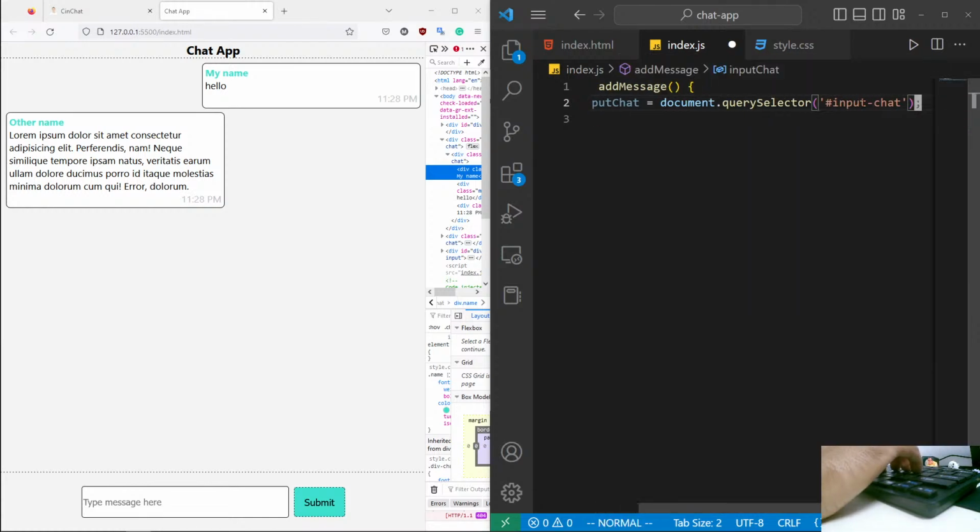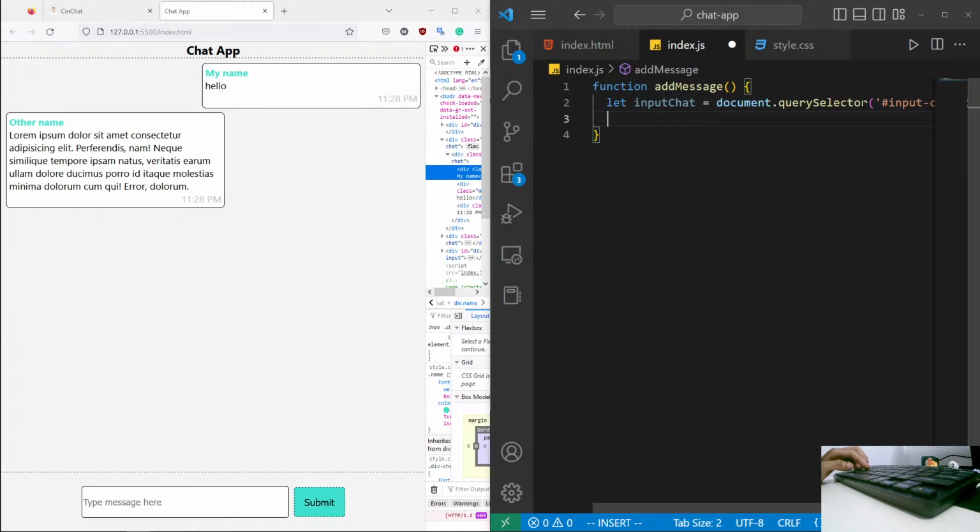Okay, and then we'll get the text from there. Okay, and how can we get the data